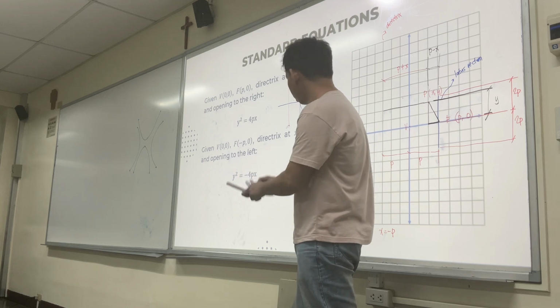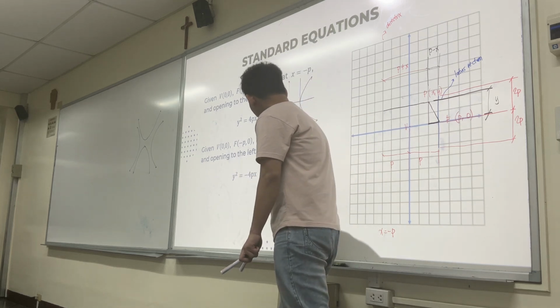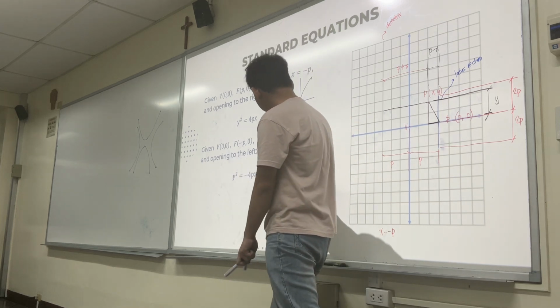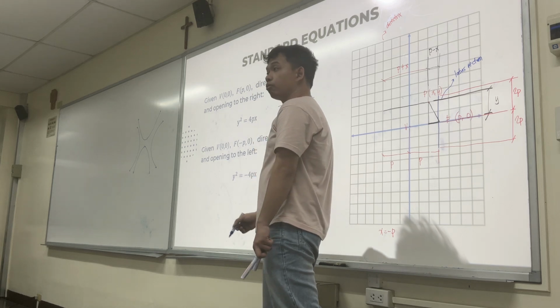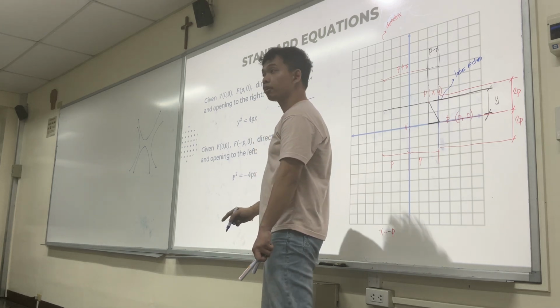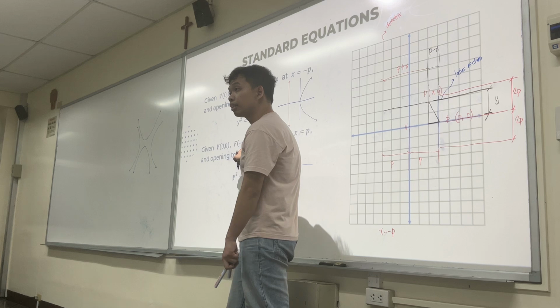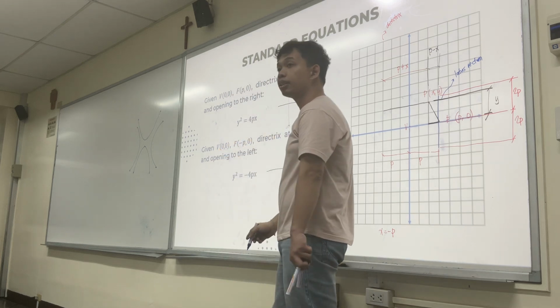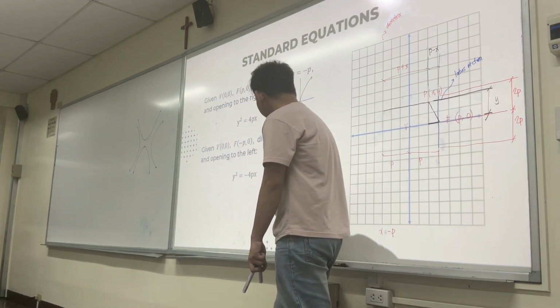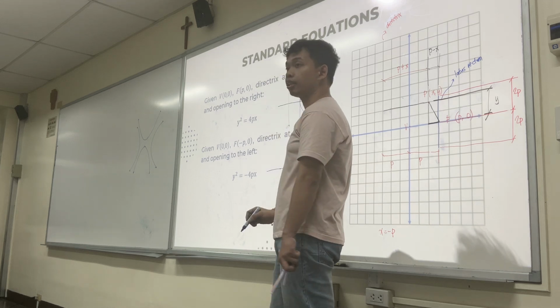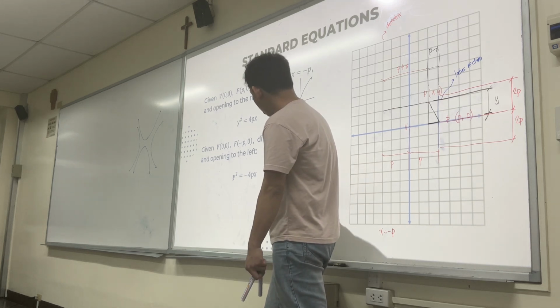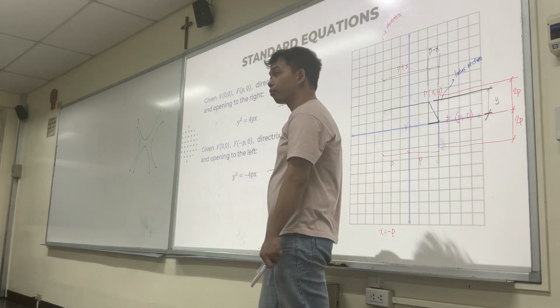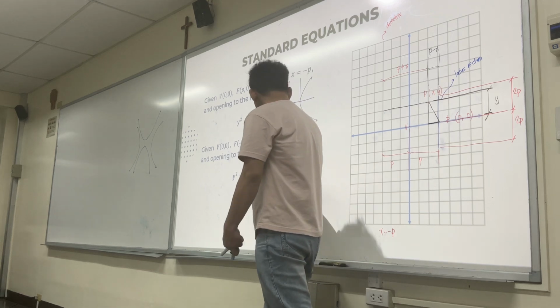So if we try to understand the given conditions, your vertex is at the origin. Your focus daw is asaan? Negative p, 0. So in short, your focus is nasa left side. Kung natin yung focus, dito dyan ang opening. Correct? So you can sketch that one now as